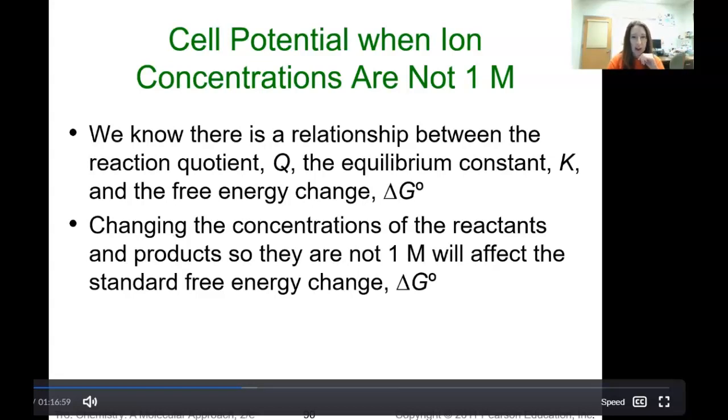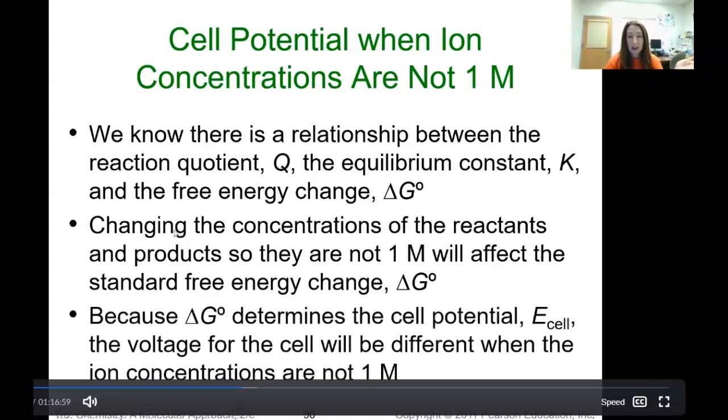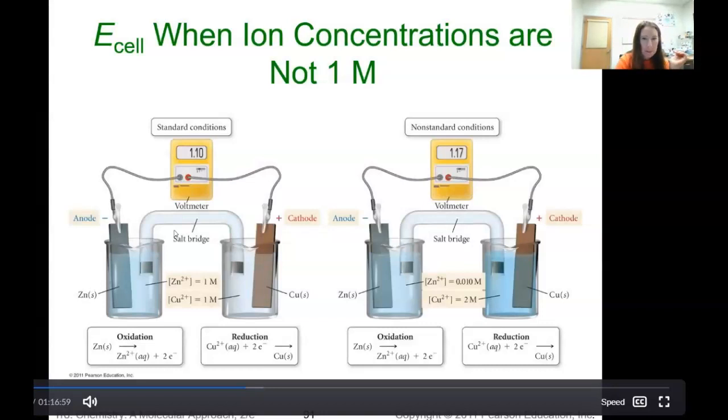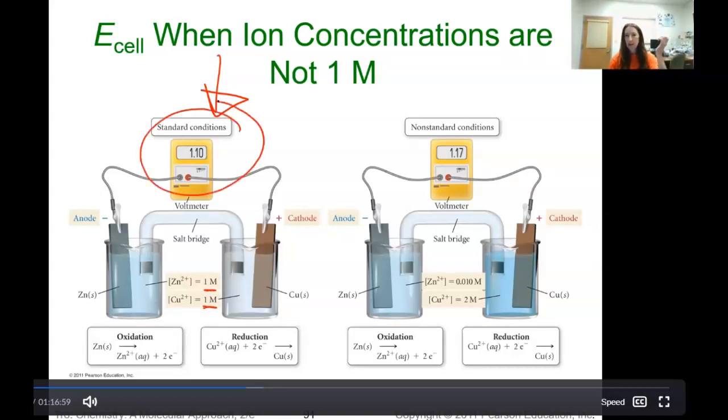So if you change the concentration of the reactants, it's going to affect your delta G. So if it's not 1 molar, it does affect which way it goes, and it does affect your K also. So because delta G determines the E cell, the voltage of the cell, the voltage will be different than if it's 1 molar or if it's not 1 molar. Okay, so let's look at a picture of this to explain all of this. Here's what we've been doing. 1 molar, 1 molar, right? And here's our voltage. Now, if you look at our second one, this one is less concentrated,